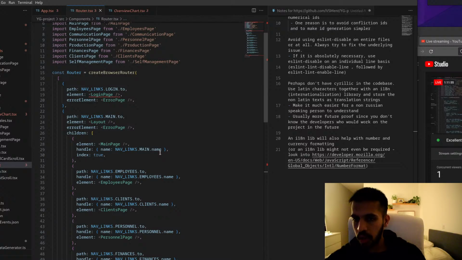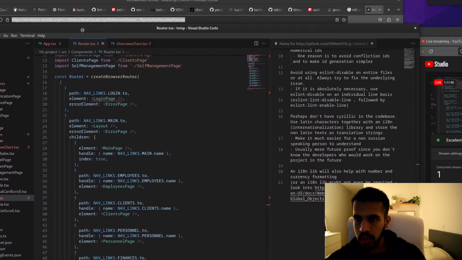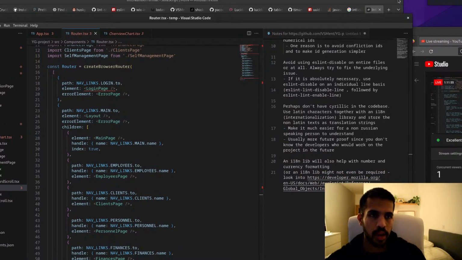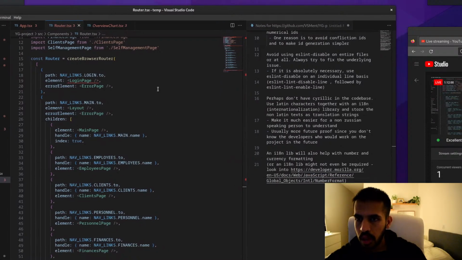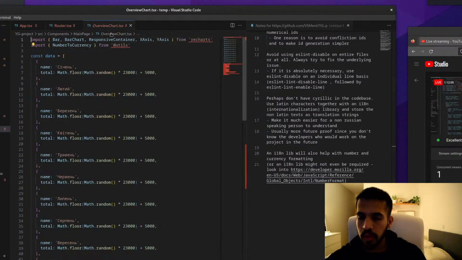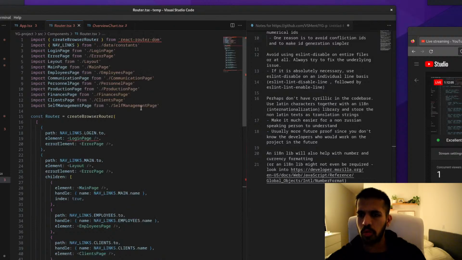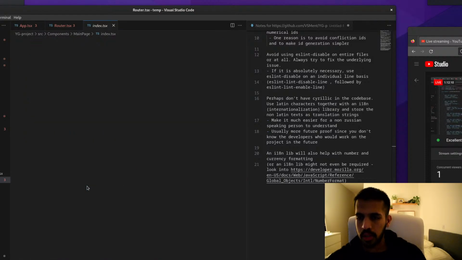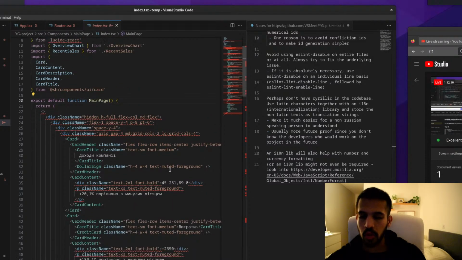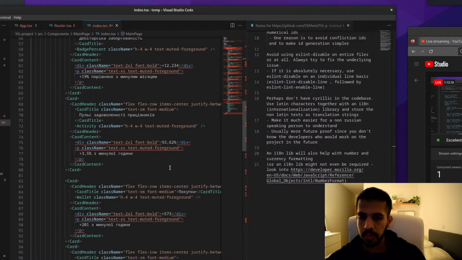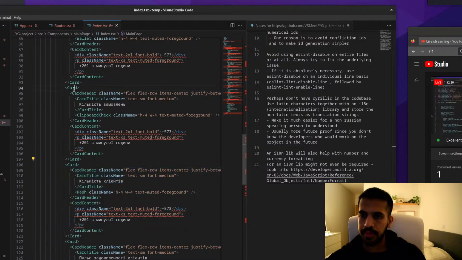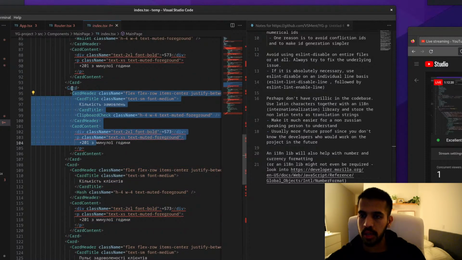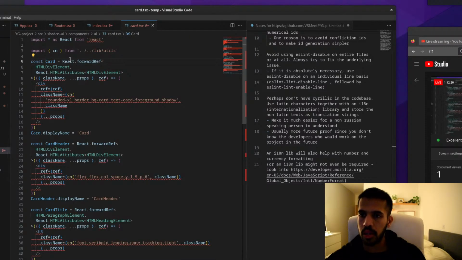So let's try to dive into a different page. This is really annoying, my issue with this screen. We'll move this away. Right. Overview chart. Where did I come to overview chart from? That doesn't matter. Main has a whole bunch of tailwind stuff. Tailwind has cards. Cards have content. Let's take a look at the cards.